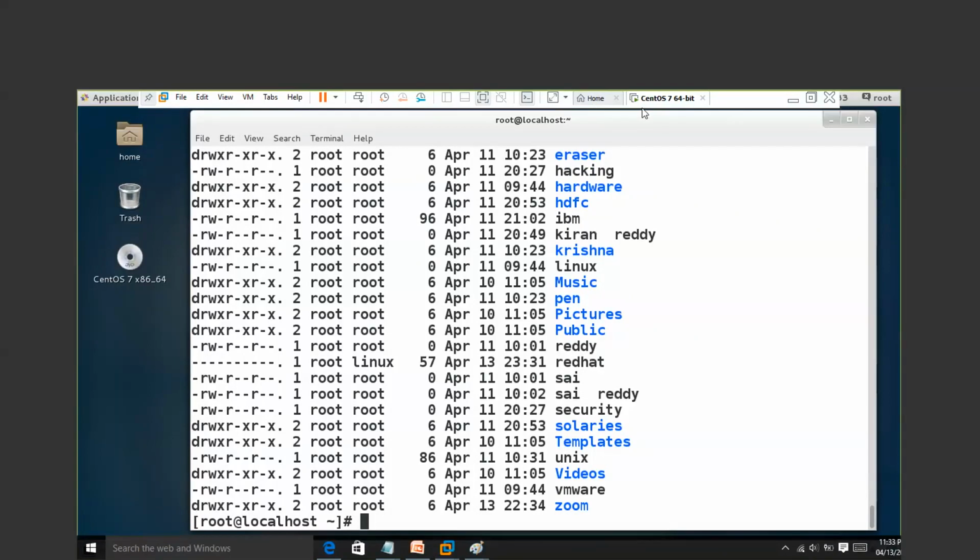Yes, everybody. So with this, we are done with what? Permissions. Now, important thing, I'll show you how to install the application in Linux, and that is called package manager. What is the topic name? Package management. Package management means what? Installing the